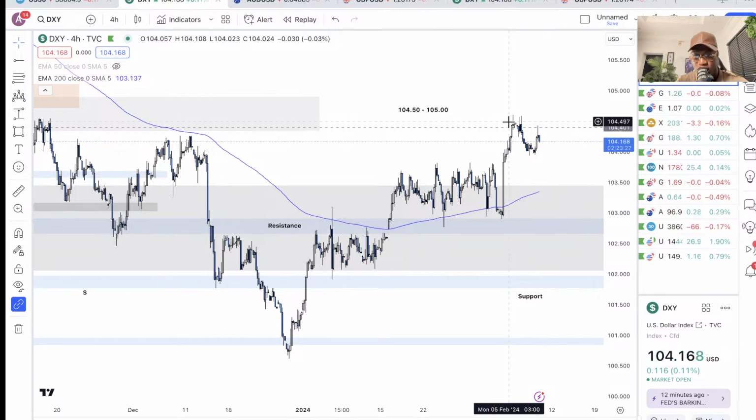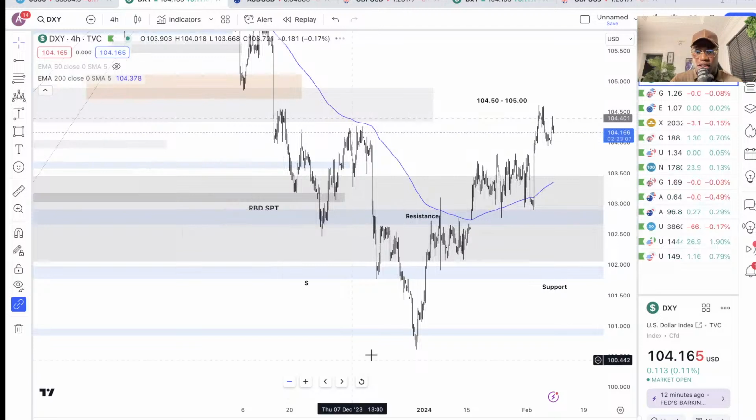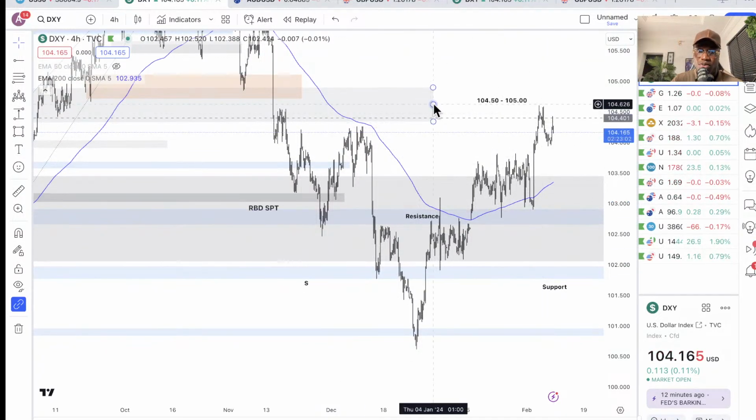The dollar is supported by the world's largest economy, and we're seeing a lot of budget deficits, a lot of high level of inflation, and this is really not good for the dollar. We're still seeing that America is heavily invested in the conflict in Ukraine. I just expect this recovery that we have here to be short term, except we have a successful break above this point, and I can start positioning for a long-term run in the dollar. But what I'm seeing the market do is reject at this point.